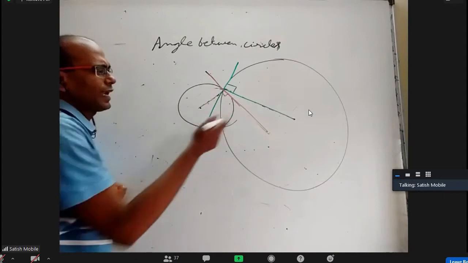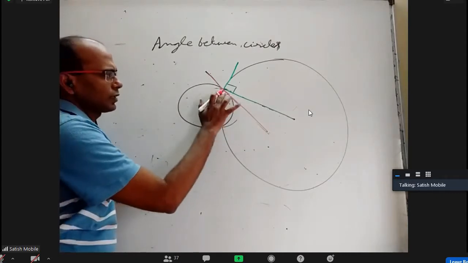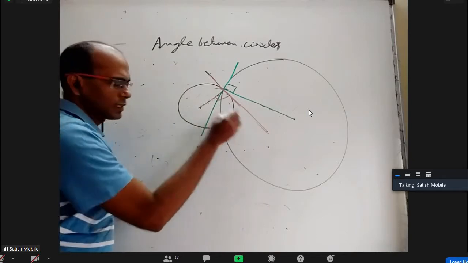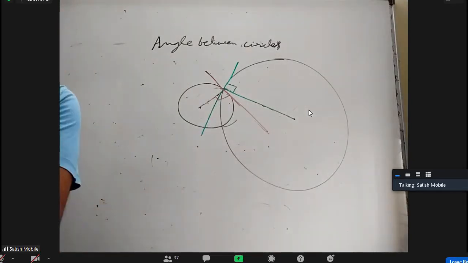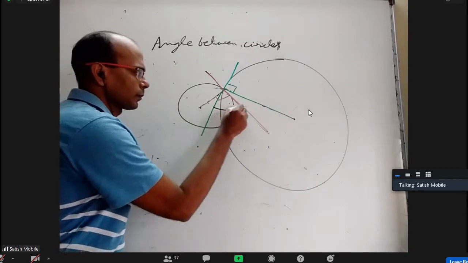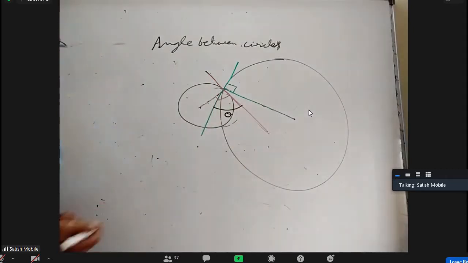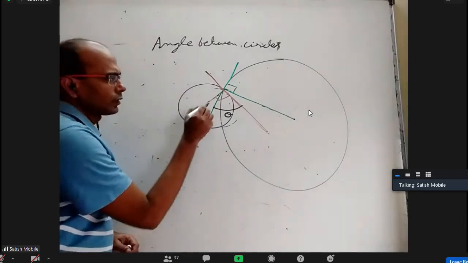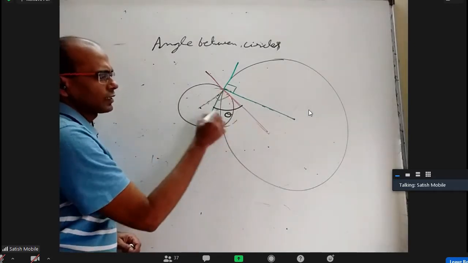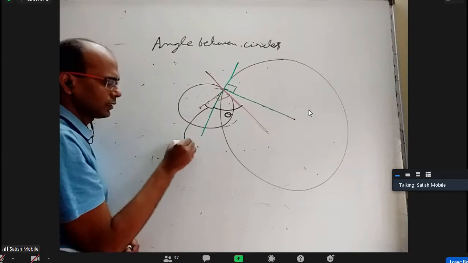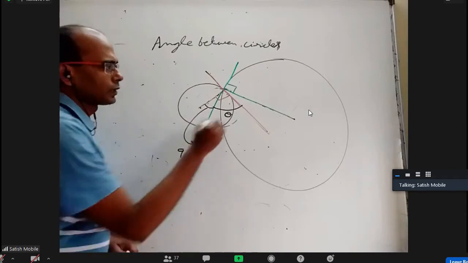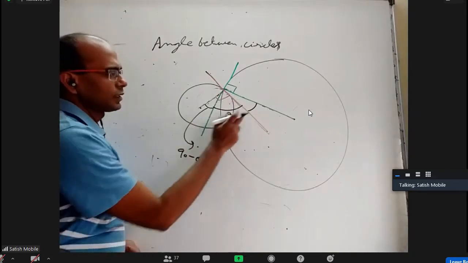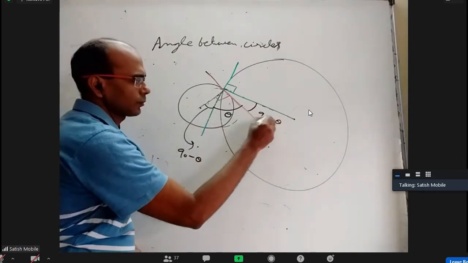And the angle between the tangents, okay? No, that is not 90. 90 is this part, and here 90 is this part. I want this angle. The angle between the tangents will be this theta. All right. Okay. So how to find this theta is that this red line total 90. This is theta. This small angle is 90 minus theta. Similarly, this small angle, because from this green line to this green line is 90, this small angle is 90 minus theta.